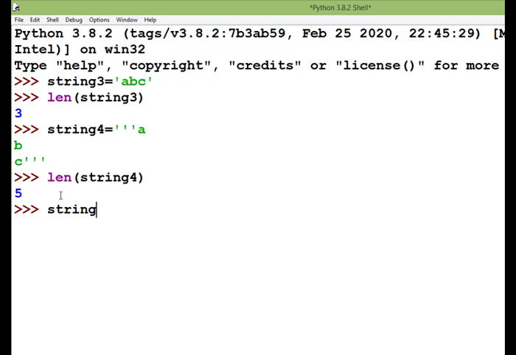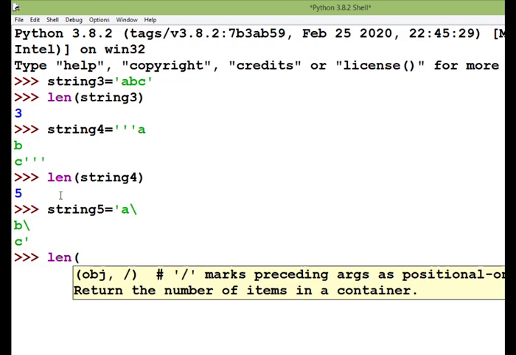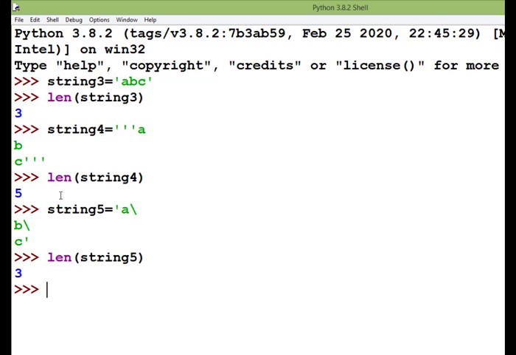Now I'm writing one more string here, string 5, let's say, and it's equal to, this time I'm using a backslash at the end of the line, A and then B and then C, and closing it here. Okay, and then I'm going to find the length of string 5, and it's 3 now. This time you can see 3. So when I press the enter key here, it was counted.